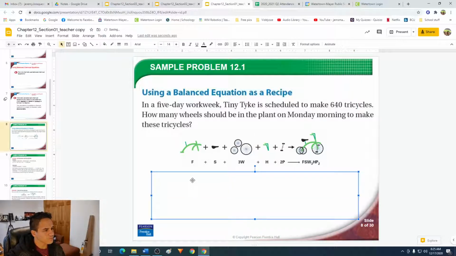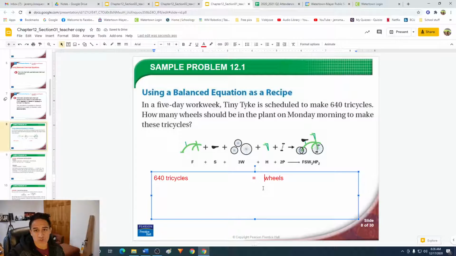All right. So we have to make 640 tricycles. So this is the number we're going to be starting with. Let's make our font a little bit bigger. So 640 tricycles. And the question is, how many wheels should be in the plant on Monday morning to make these tricycles? So we're going to have 640 tricycles to start with, and we are going to get an answer in wheels. Now, we're going to set these up just like we did in Chapter 10 when we